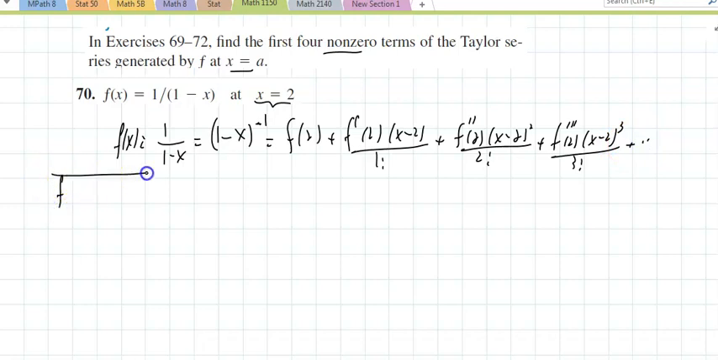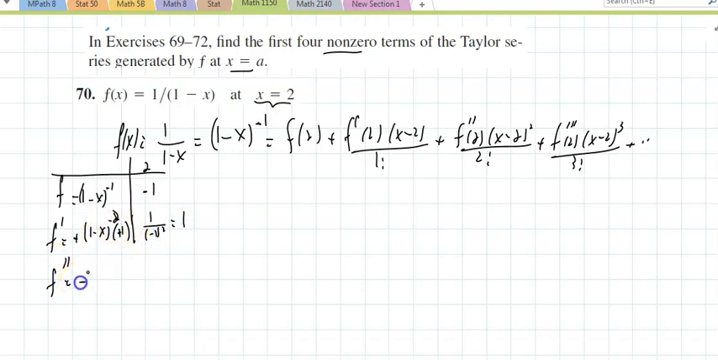So I need f, which is 1 minus x to the negative 1, evaluated at 2. That would be 1 over negative 1, which is negative 1. I'm going to take f prime, which is negative 1 minus x to the negative 2 times negative 1, evaluated at 2. That would be 1 over negative 1, but it is squared, so that's a 1. F double prime, you bring the power down, subtract 1 from the power, times negative 1, so that's positive. When you plug in 2, you're going to get 2 over negative 1 cubed, which is negative 2,